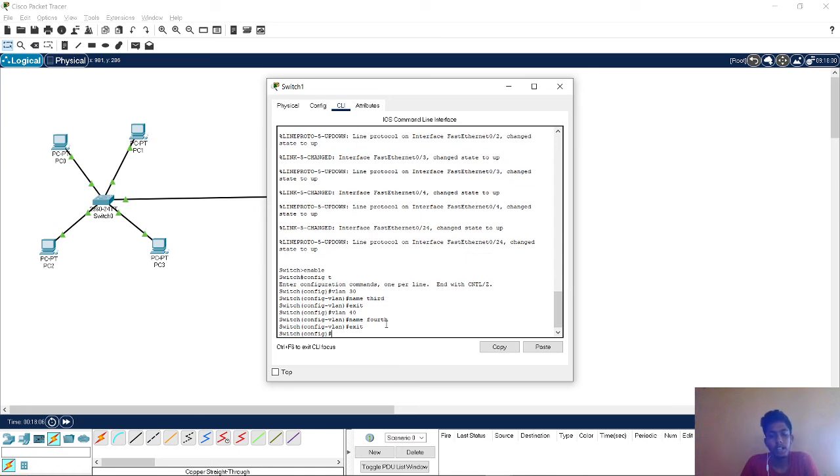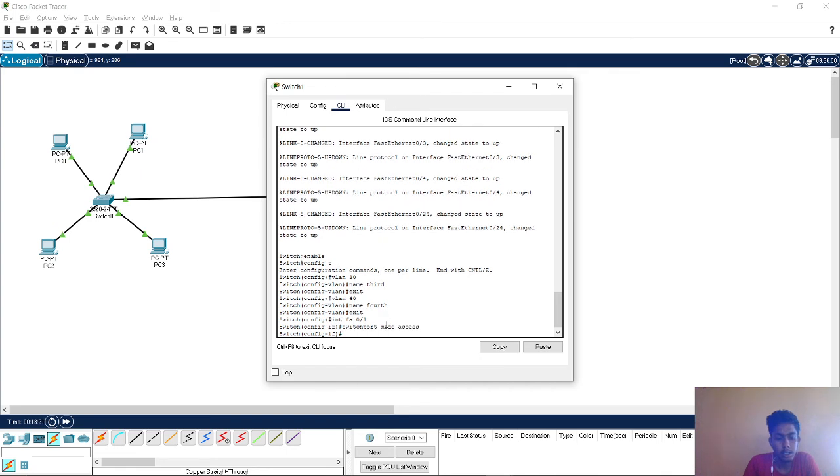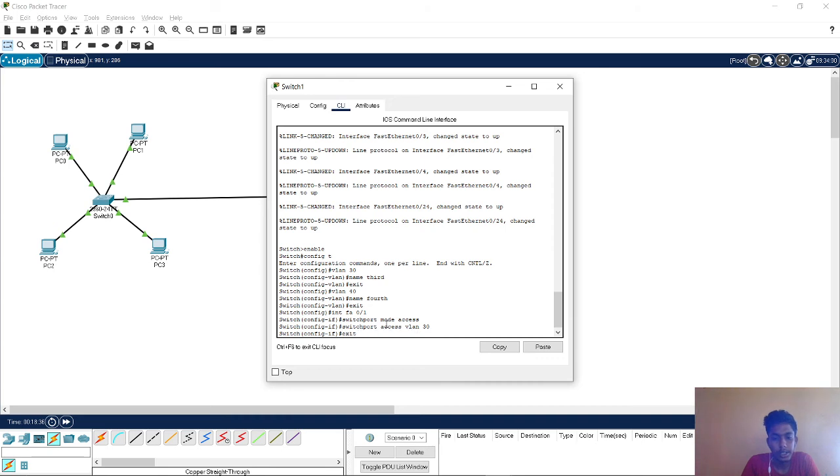Now let us assign the PCs to the VLANs. For the first PC, FA 0/1, switch port mode access, then switch port access VLAN 30. Now let us exit.